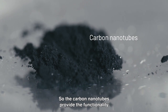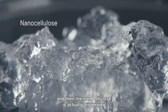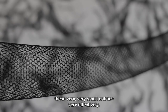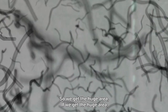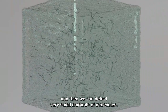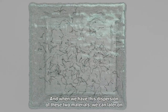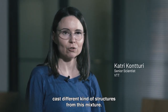So the carbon nanotubes provide the functionality, and then the nanocellulose is actually dispersing these very, very small entities very effectively, so we get a huge area. If we get a huge area, we get also large currents, and then we can detect very small amounts of molecules. And when we have this dispersion of these 2 materials, we can later on cast different kinds of structures